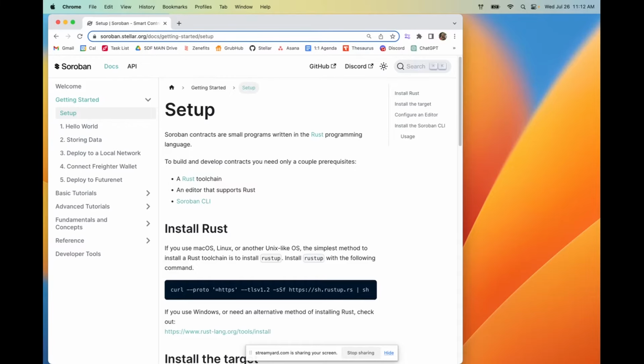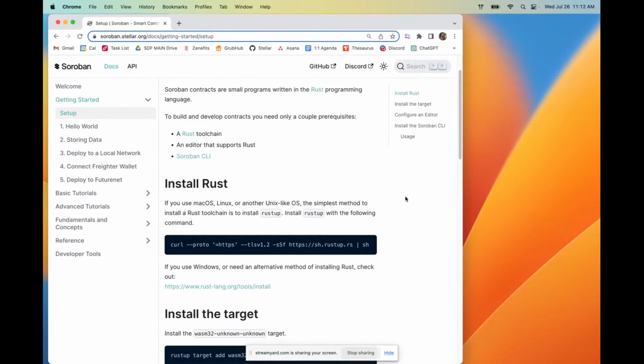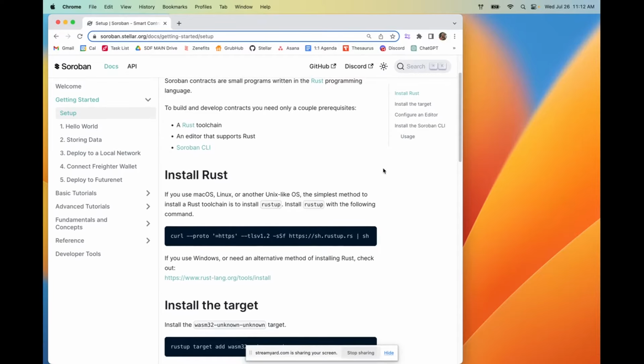So to get started building Meow DAO, the very first thing that we're going to do is set up our environment. So we're going to start by installing Rust. If you've never installed anything before using the command line, it is definitely not as scary as it might seem. We're going to navigate to the setup page of the Soroban docs. We're going to set up Soroban, and then we're going to get things ready before we do a couple of things in pure Rust, and then come back to Soroban smart contracts. But of course, the first thing we need to do is install Rust.